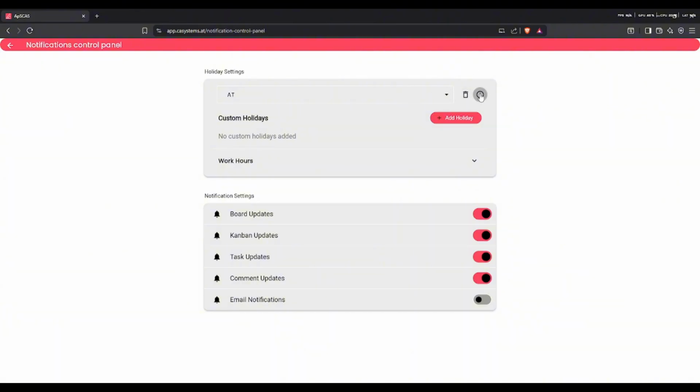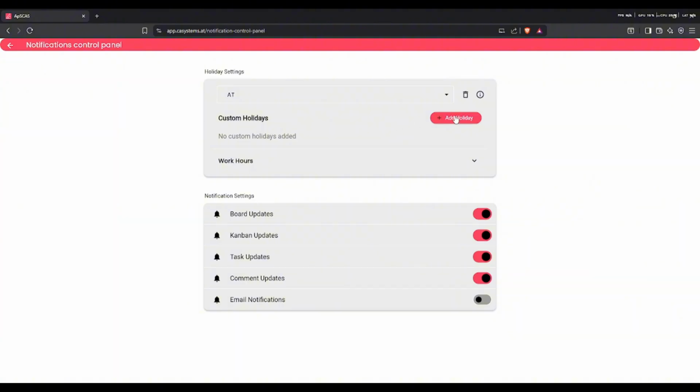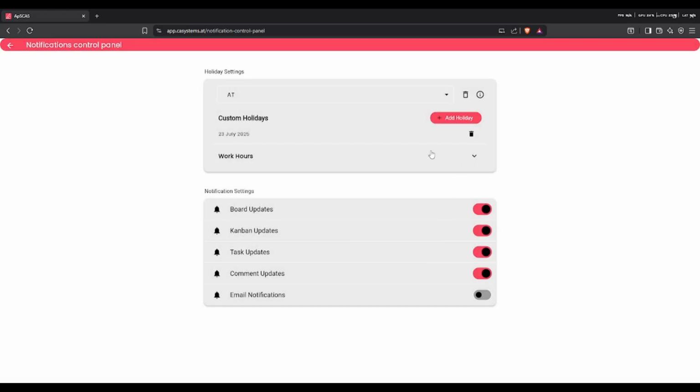And if we click this eye icon over here, it will show us all of the public holidays. And on these days, it will not send us any notifications and it won't count as work days. But if we have any custom holidays within the organization, we can add a custom holiday. So let's say we add a custom holiday and we make it Wednesday, 23rd. And now on the 23rd of July, we won't receive any notifications and nor will it count as a workday